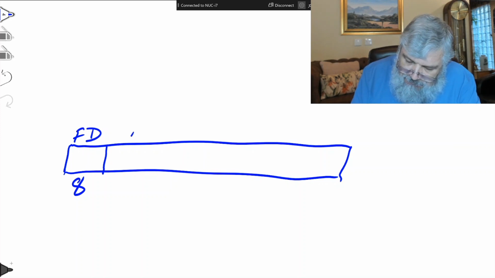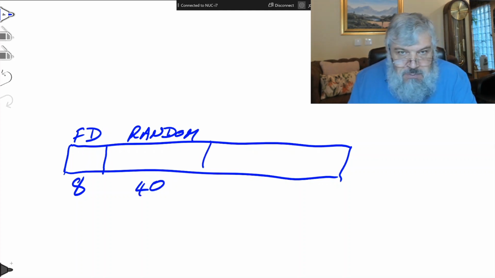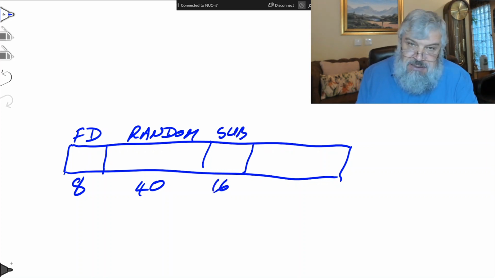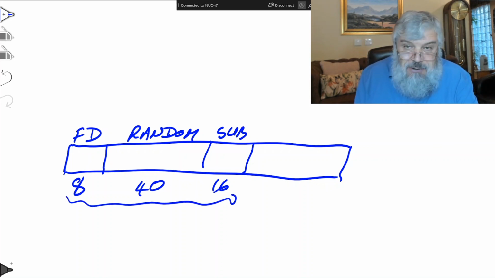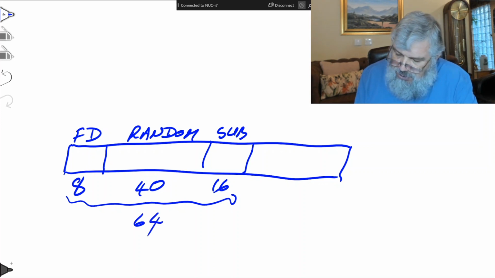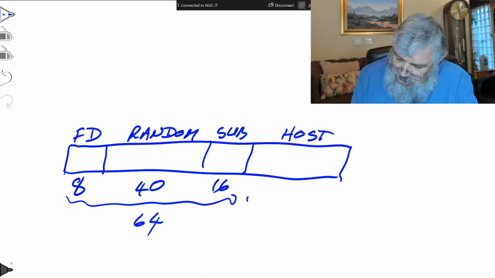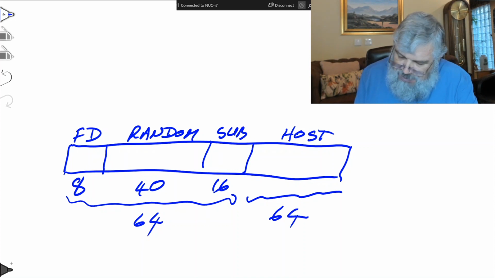Then you will have random bits, 40 of them, just to make your selection different from anyone else's. Then you will have a subnet, and that will be 16 bits. And this takes you to your routing prefix, that is 64 bits long, and my picture obviously not drawn to scale, but there you will have your host portion, which is the remaining 64 bits.